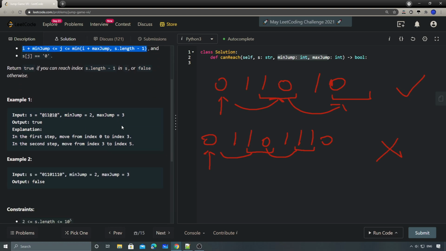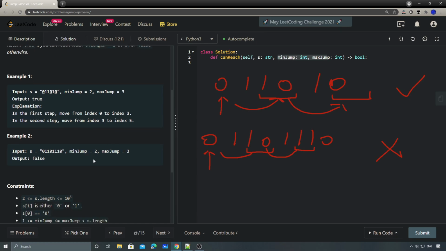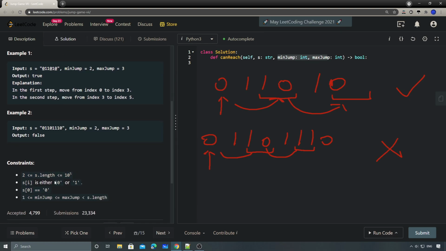That obviously works, but it will TLE. The reason is that, because of the minimum jump and maximum jump, it seems like O of n time complexity, but instead it's actually O of n squared time complexity. The reason being this: